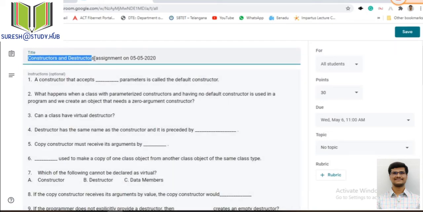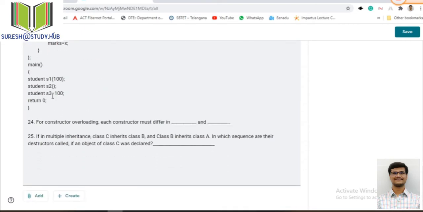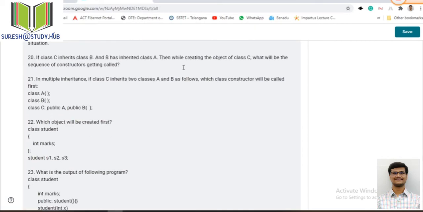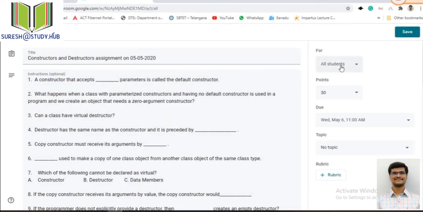So what is the title of the assignment, and what are the questions, I will directly type over here, or I can add as attachment. I will take from the Google Drive, or I can give a link to that particular, and I can upload one file. I will write on a paper and I will upload that file as an assignment. I can give one YouTube video as an assignment also. Next, here on the right side we have this one.